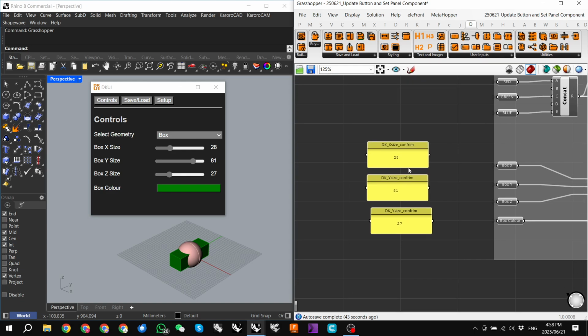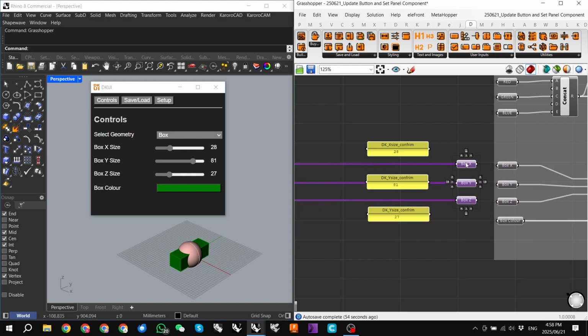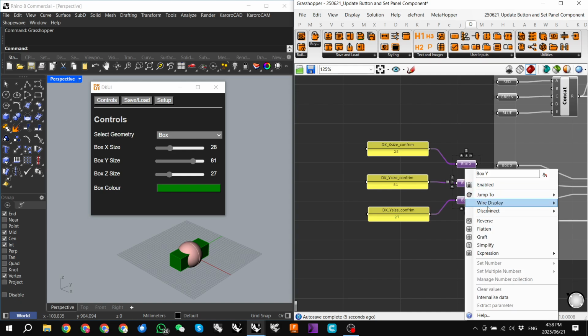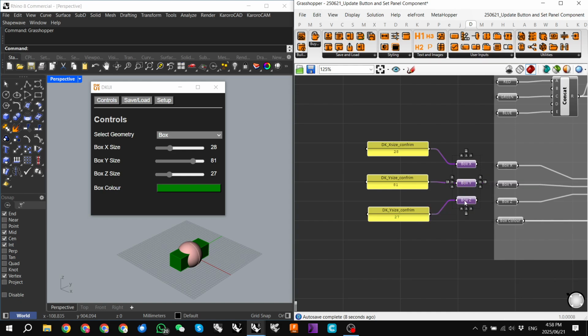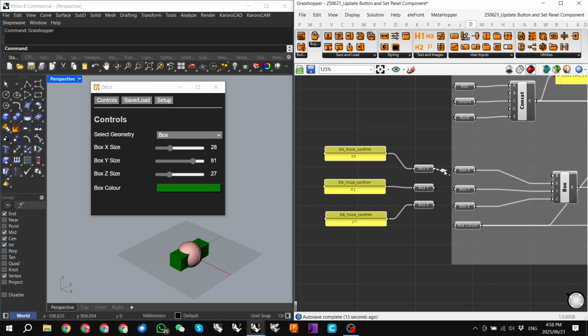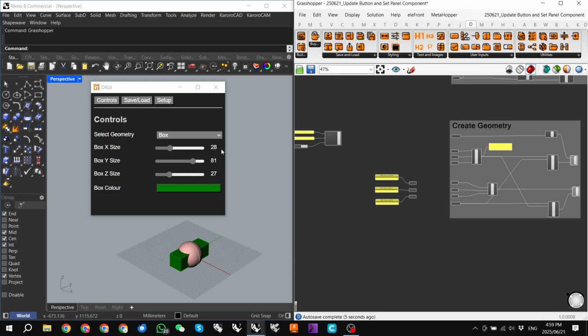Right, so these three named panels would be our X, Y, and Z of the box. Let's go through and change this wired display to default on these, and we can wire these in, and we'll see no change in our user interface now,